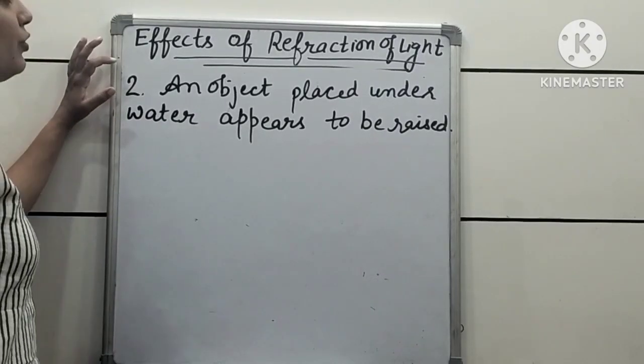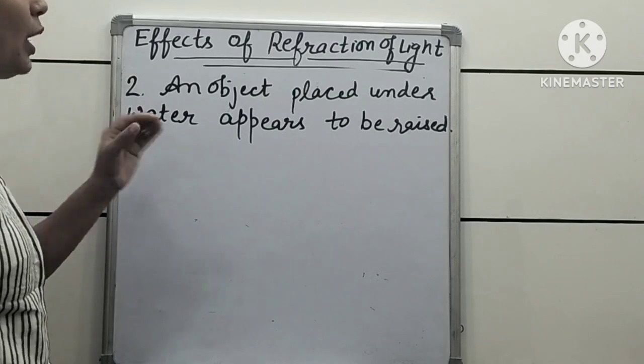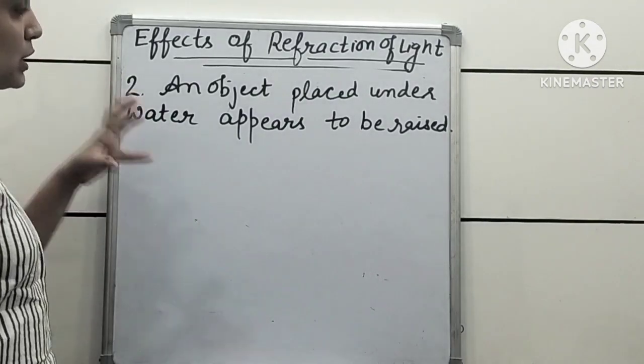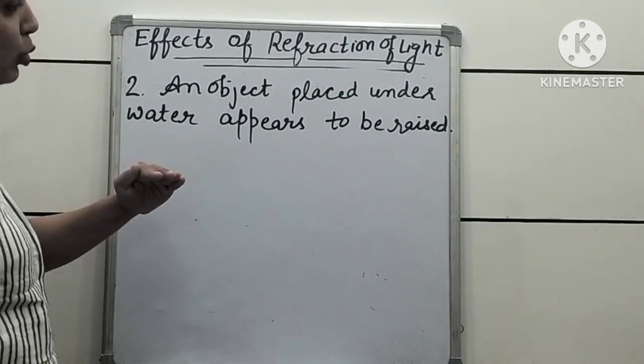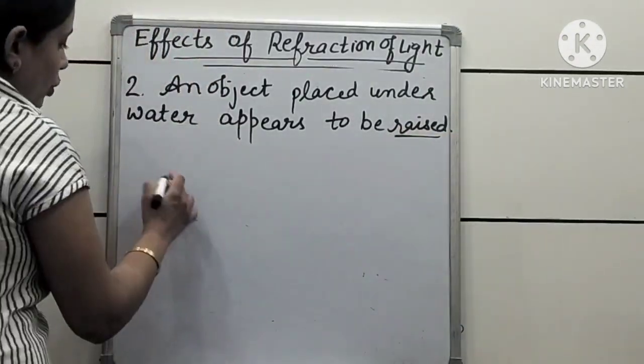So this is another effect of refraction of light. When an object is placed under water, it appears to be raised. अगर आप किसी भी ऑब्जेक्ट को वाटर में डालते हो तो आपको थोड़ा सा उठा हुआ ऊपर की तरफ दिखाई देता है. That is raised. For example,